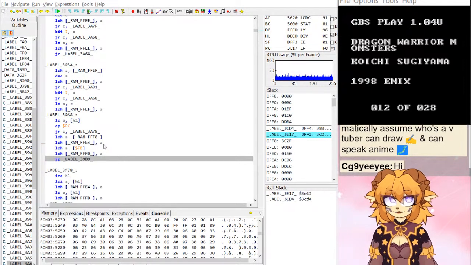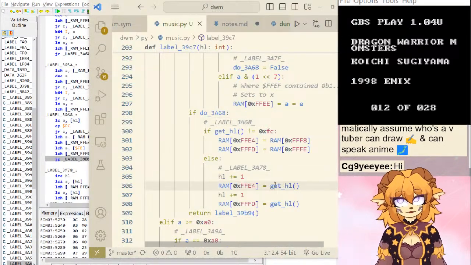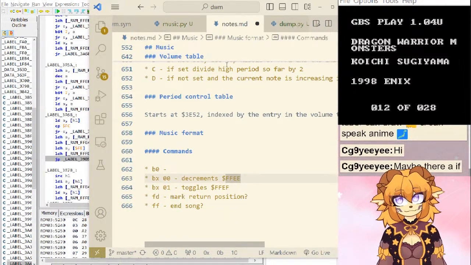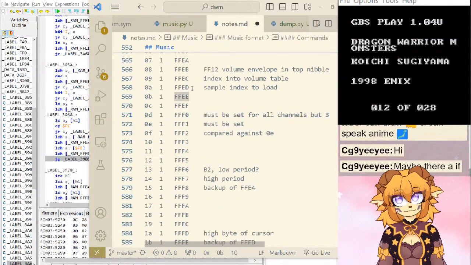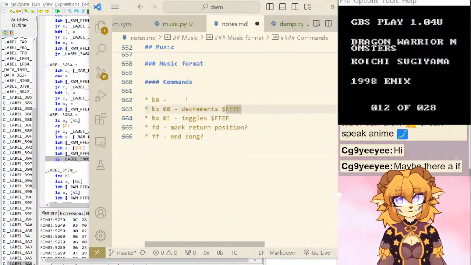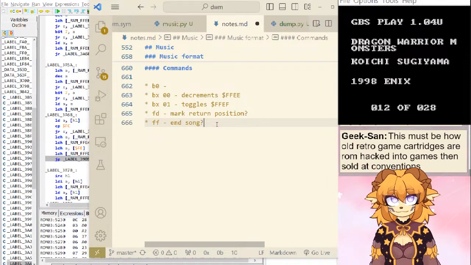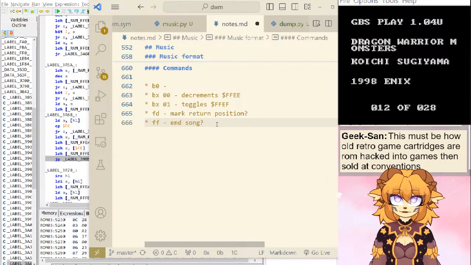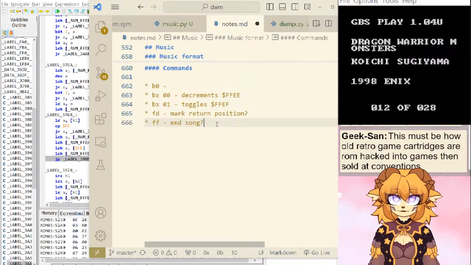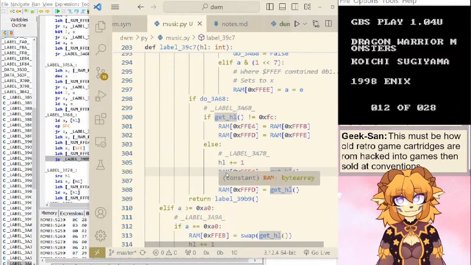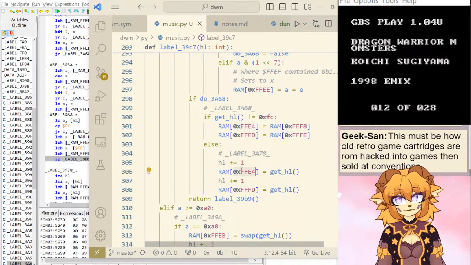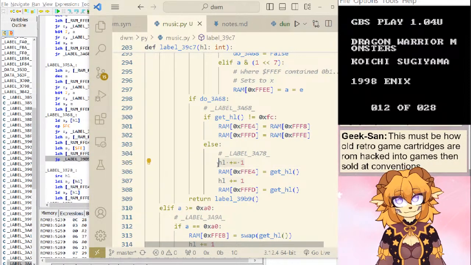Oh, wait. My bad, I see. It's writing it here. FFE4, that's the cursor. Gotcha. That makes sense. Maybe they're an if. No, so, okay. What I was misunderstanding, I was thinking of something else. But this is the cursor itself. So this is the +1 that I was looking for.